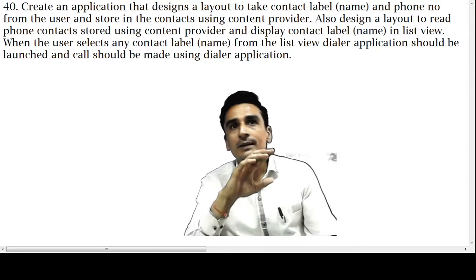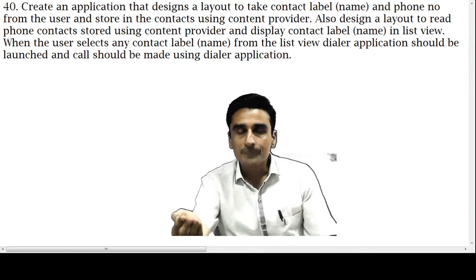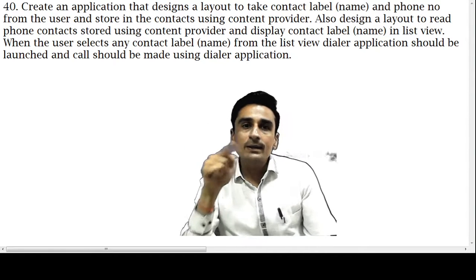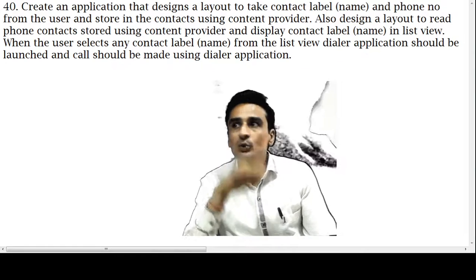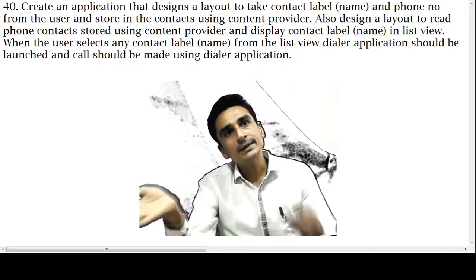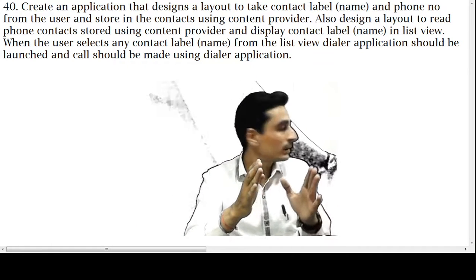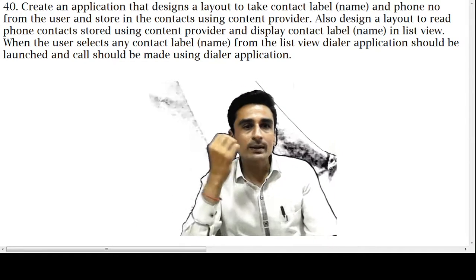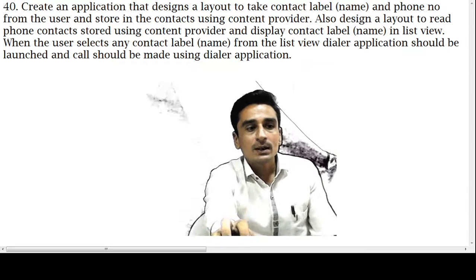When that information is submitted, we will store that data entered by the client to the contact content provider. Then after that we will implement that dialing facility.